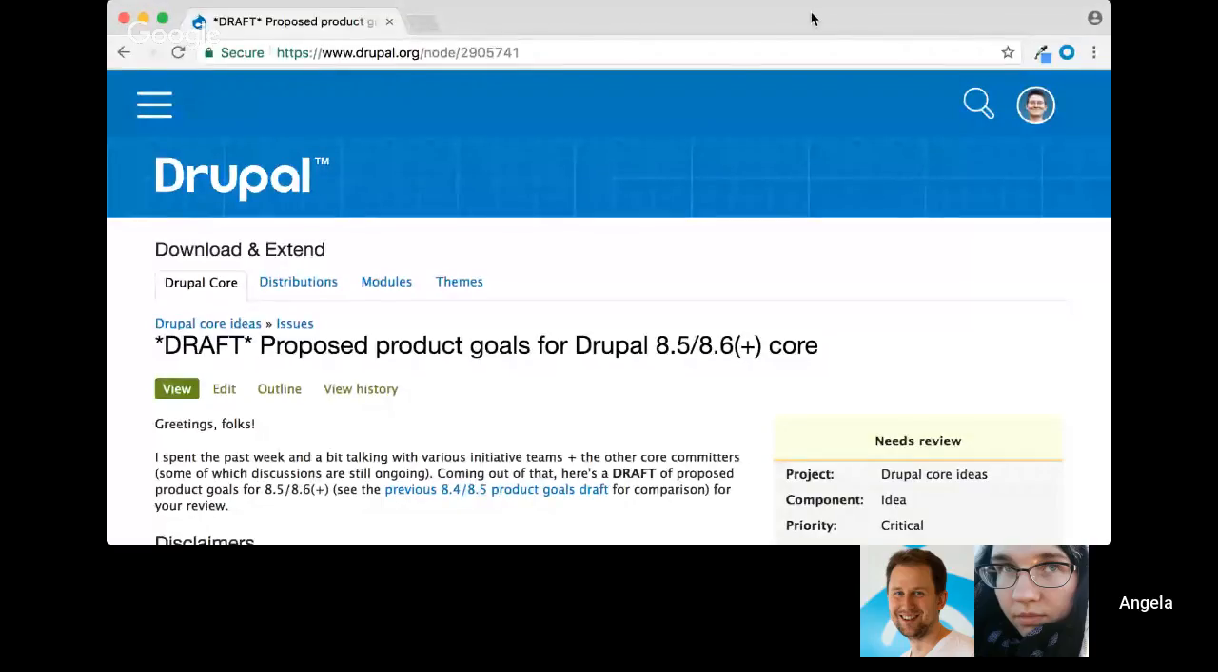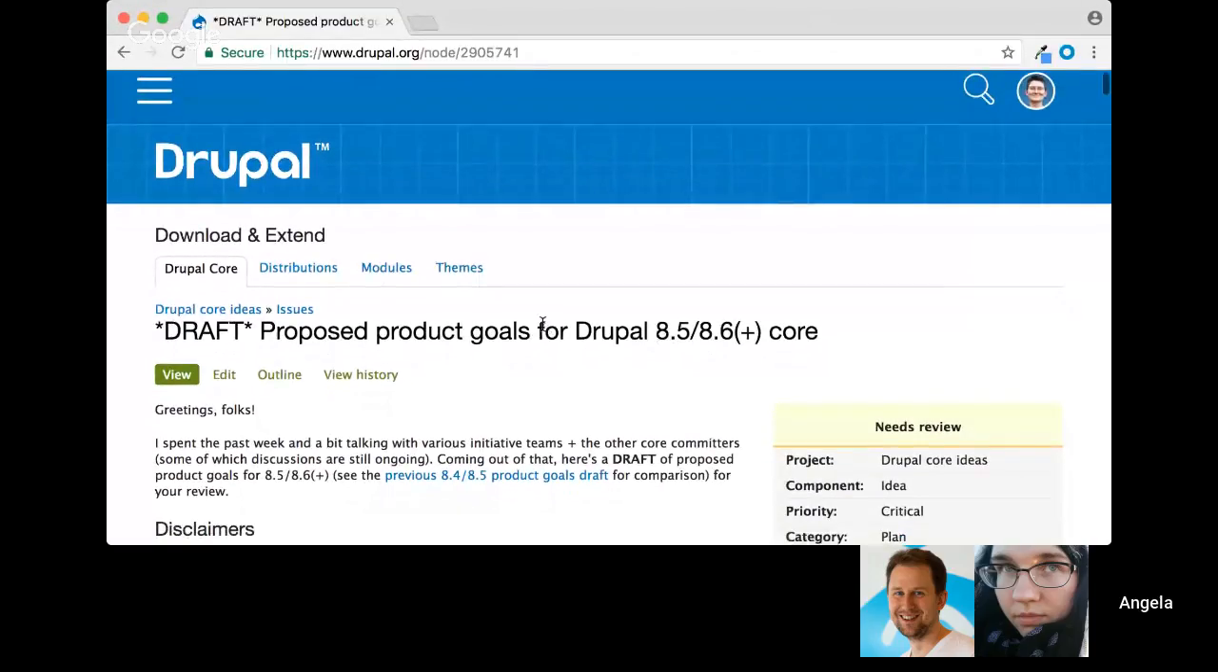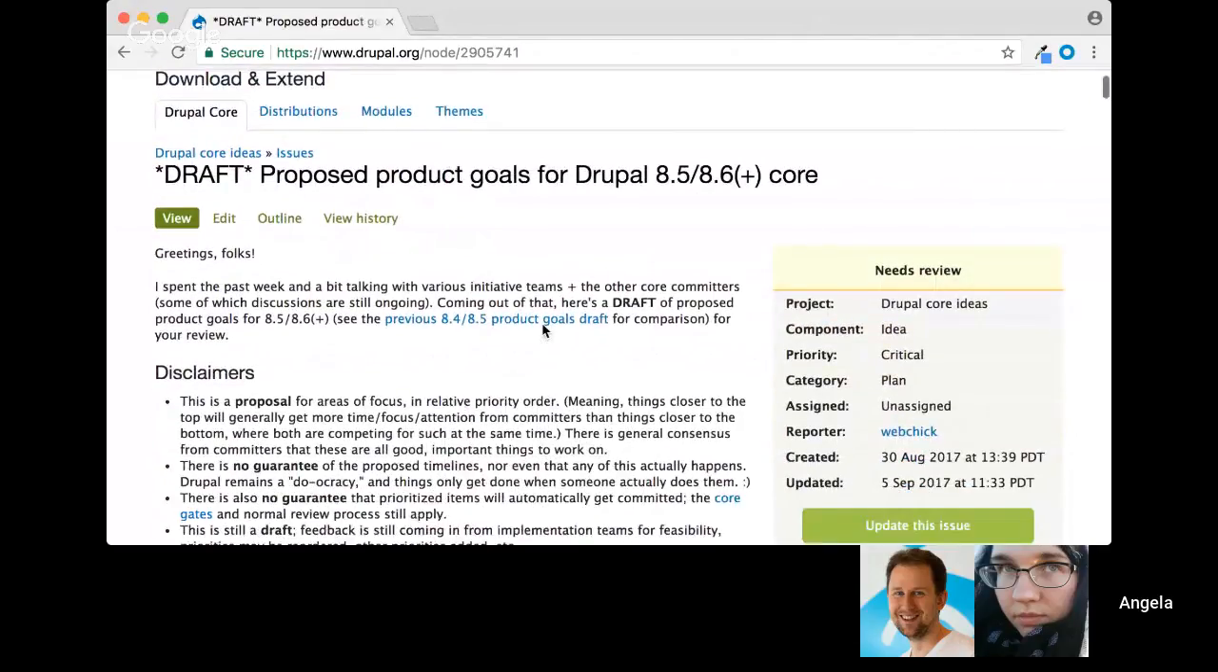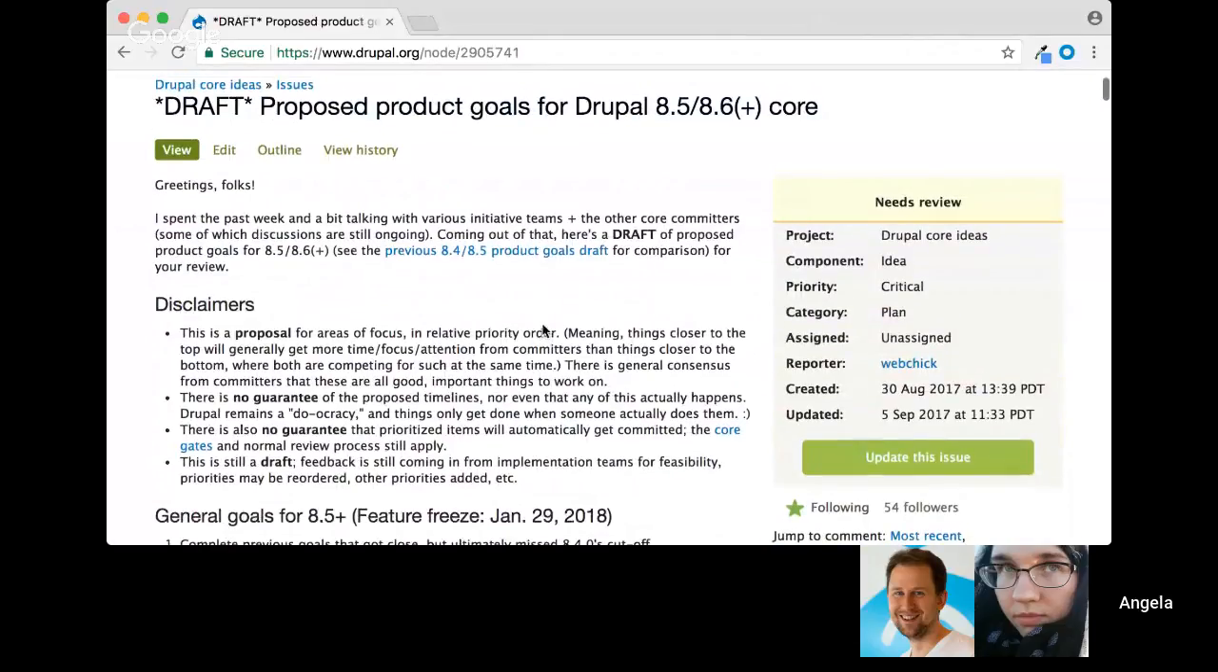Okay, so I'm Webchick, and I'm one of the product managers for Drupal, as is Gabor, but Gabor is just back from paternity leave, so I'm guessing this might be new information for you. I don't know, but anyway,